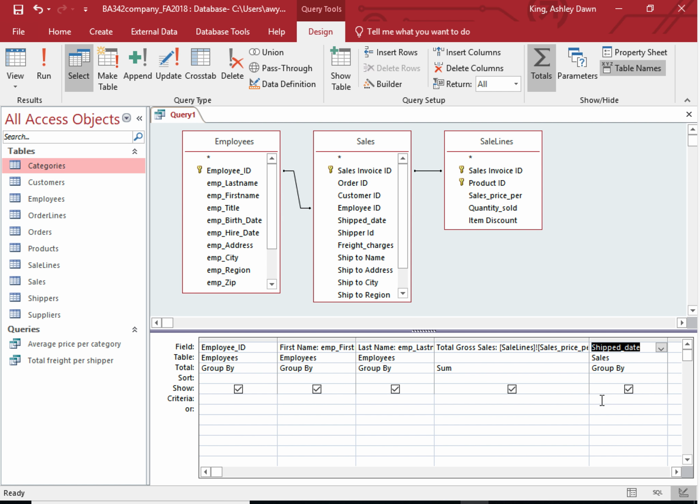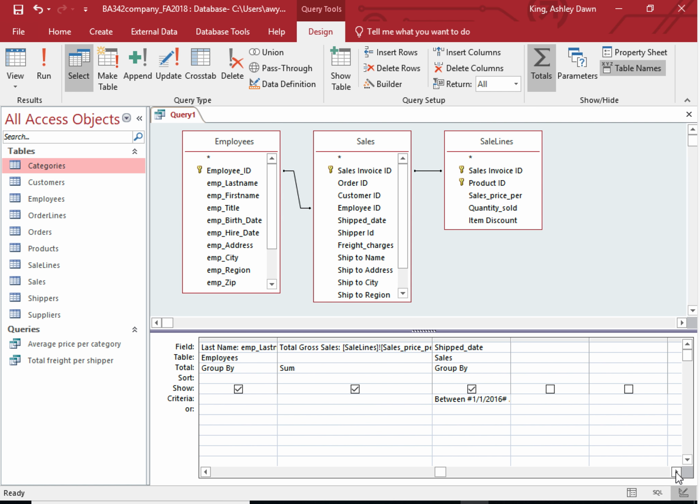So for ship date, I want to tell it that I want all of the ship dates between, remember this, between 1/1/2016 and 12/31/2016. If I don't put the hashtags on here, Access will do it for me. So I recommend that you don't start putting the hashtags, because if you start and you put 1, it won't finish for you. So I recommend that you just don't put any and just type the dates in there. But remember, between January 1st and December 31st,